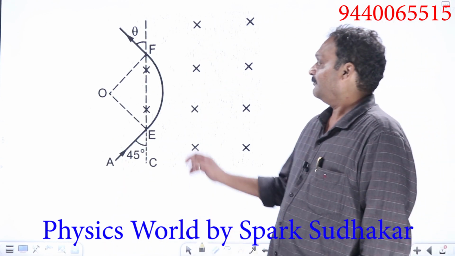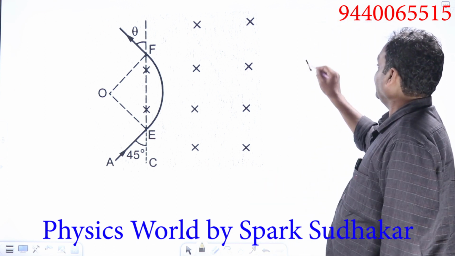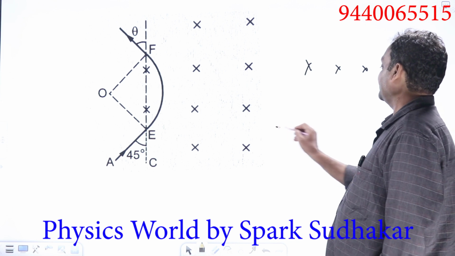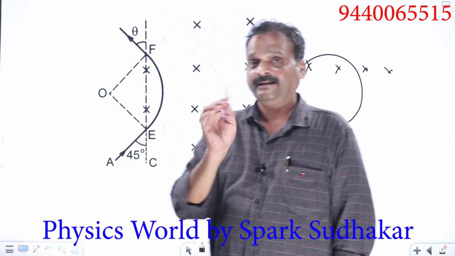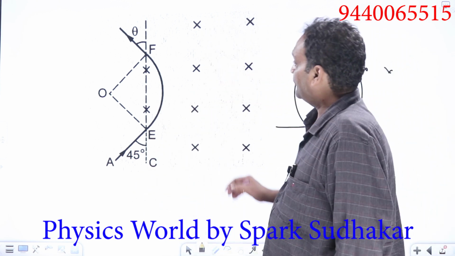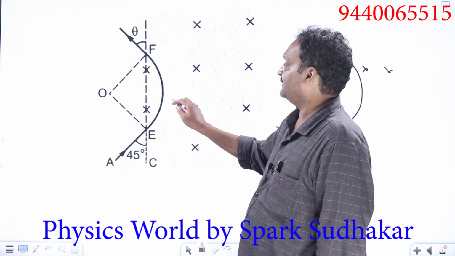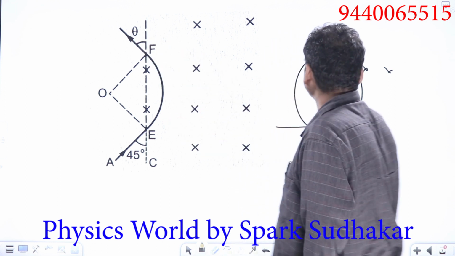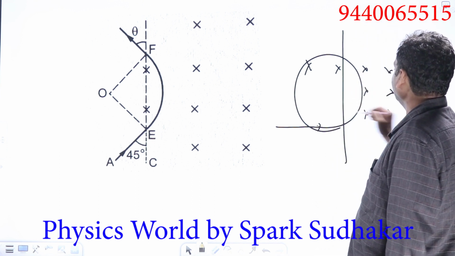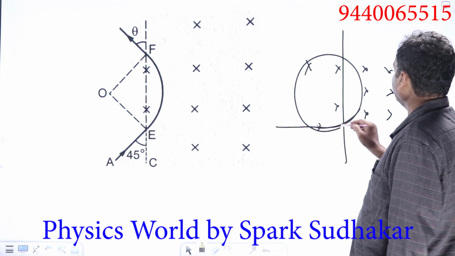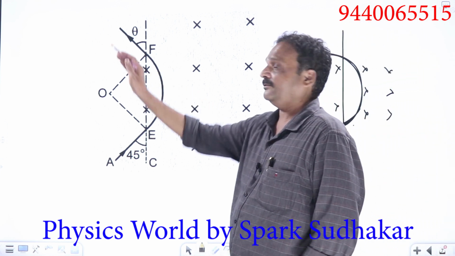Now let us see one more interesting problem. We have seen whenever there is a magnetic field and a particle enters into it at right angles to it, the particle's path will be bent into a circle. That we have seen in the circulating charges topic. Now here the magnetic field is not throughout. The particle will enter into a magnetic field and just come out because it is traveling in a circular path. Suppose the magnetic field extends only up to this point. The particle enters, it won't revolve totally in the magnetic field, it will come out of the magnetic field. Part of its journey will be out of the magnetic field.